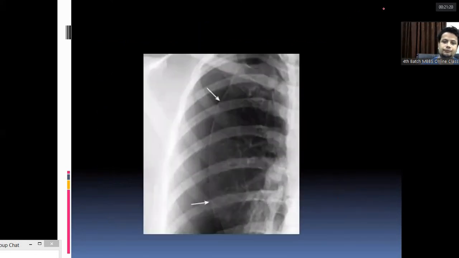Okay. So we can see in this chest X-ray of the right hemithorax that there is a peripheral lucent area. Peripherally it is devoid of the bronchovascular markings. So these are the bronchovascular markings, and they are not seen in the periphery. And we can also appreciate the presence of the visceral pleural line. So this is a case of right-sided pneumothorax.